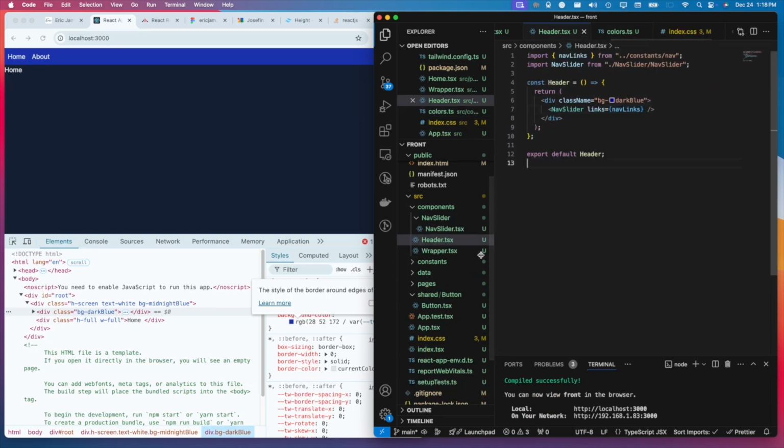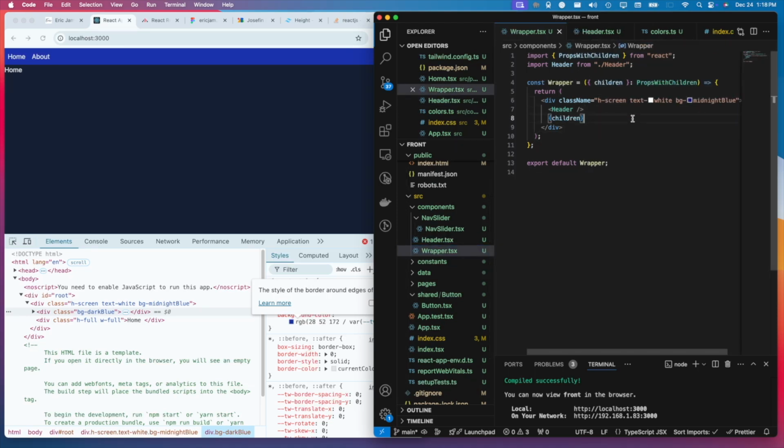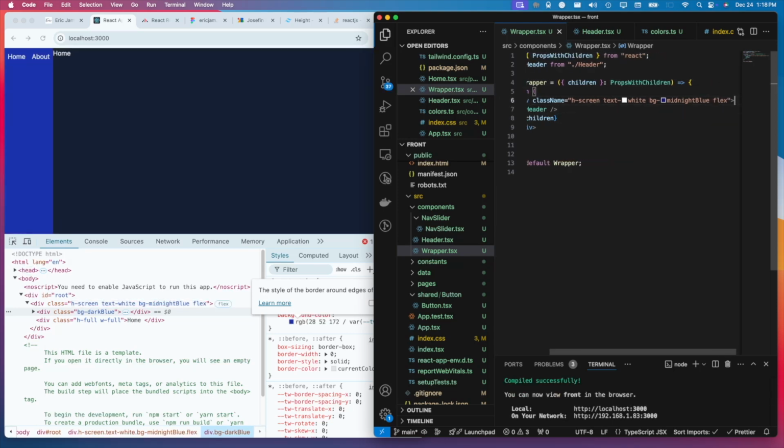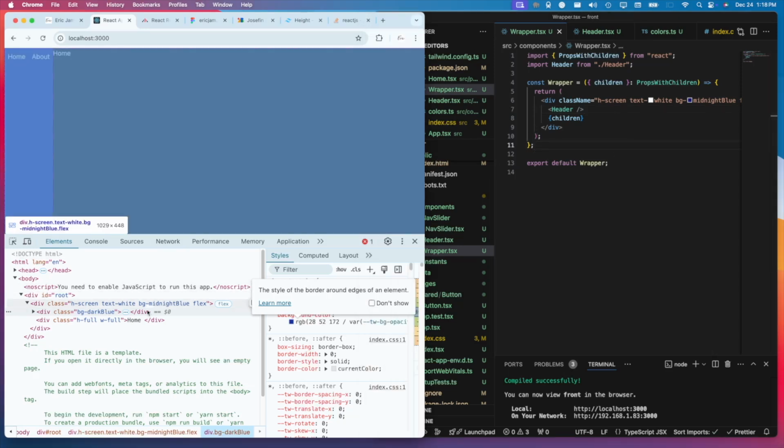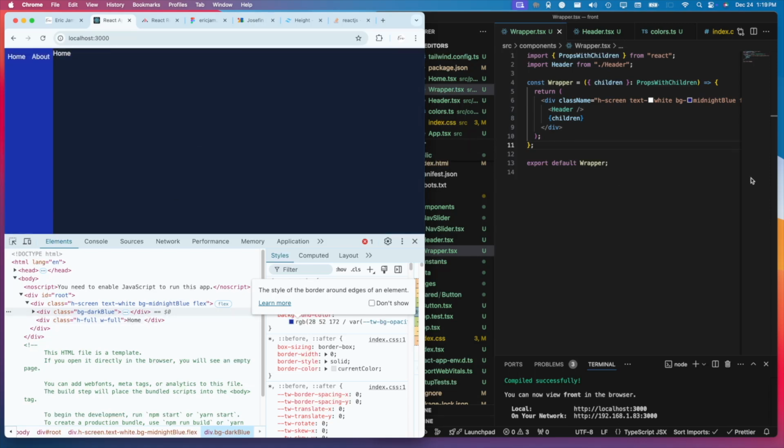All right, so wrapper is the orchestrator of everything, is the parent, so we want to flex. And Tailwind flex, like everything kind of always does what you expect it to do, which means now everything's column because that's sort of the default. And yeah,